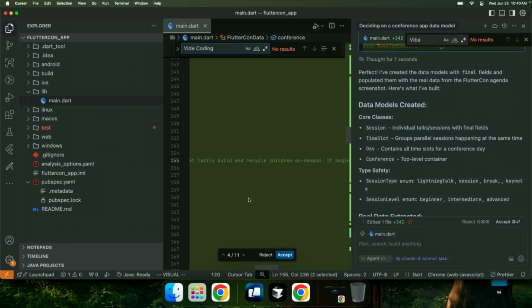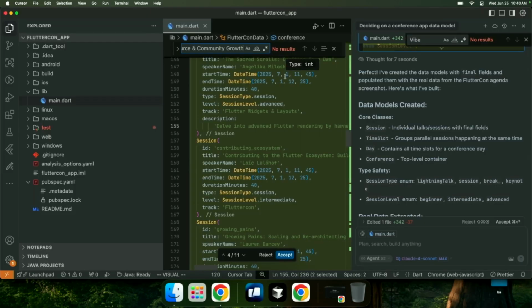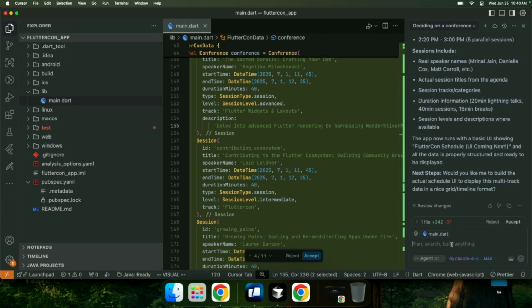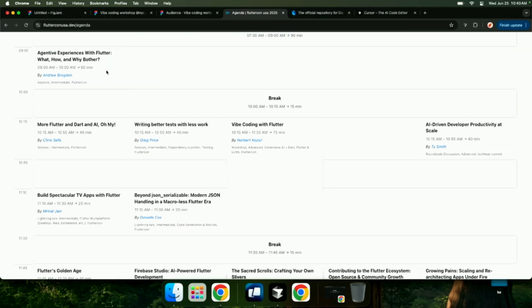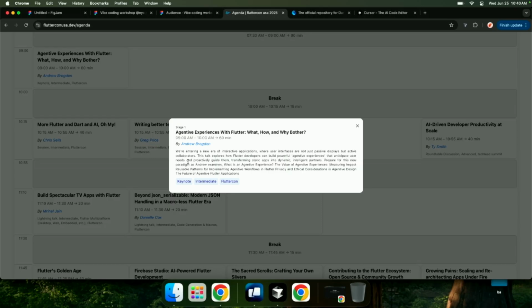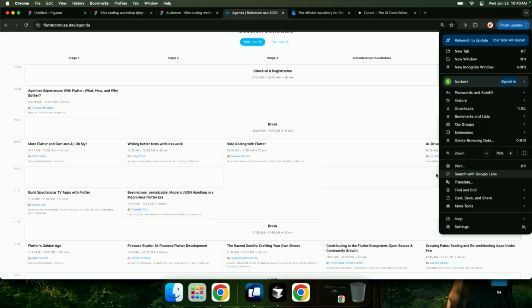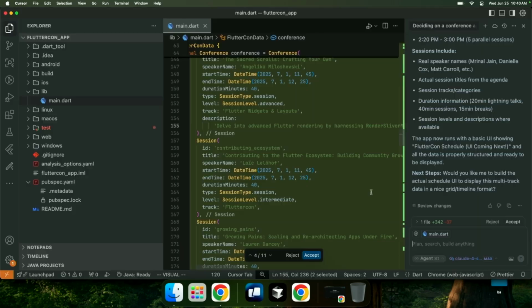I think it's running into the same problem, just making up data. It's making up data, so we aren't able to just pass it the link. So we will resort back to something else. First, let's do this then. Right now we would need to tap on every single card to get the description. Honestly, I think it's fine just not to have a description. So we can zoom out a bit and just do this.